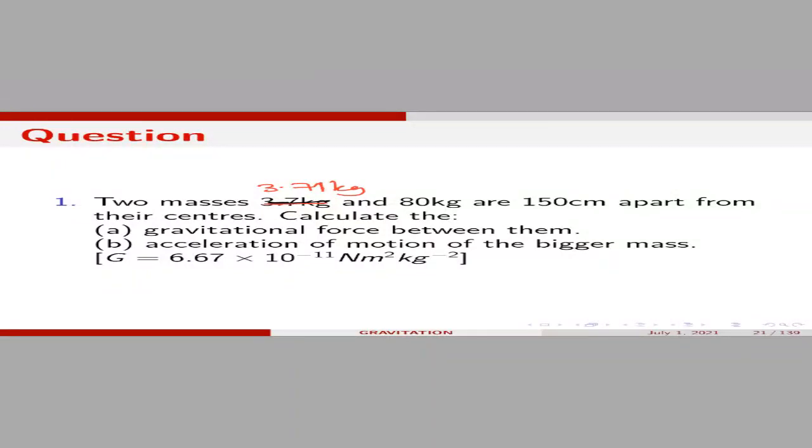So let me create my board. I will solve this question. So solution. The question says that